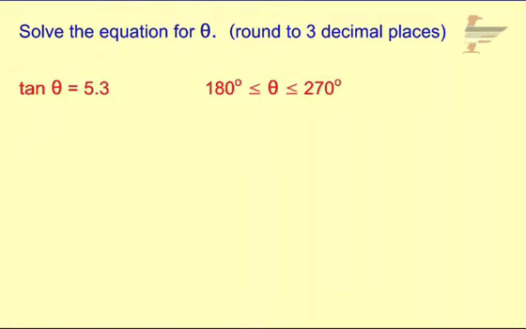Solve the equation for theta and round to 3 decimal places. So we know that tangent of theta equals 5.3, and we also know that theta is going to be between 180 and 270 degrees. So if I just want to keep in mind a visual of what this looks like,